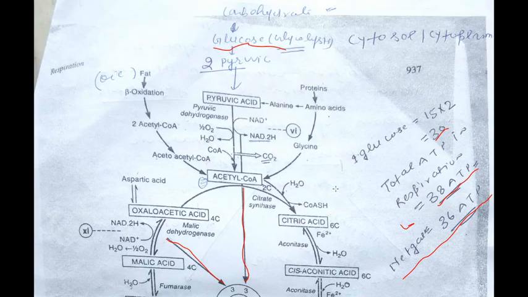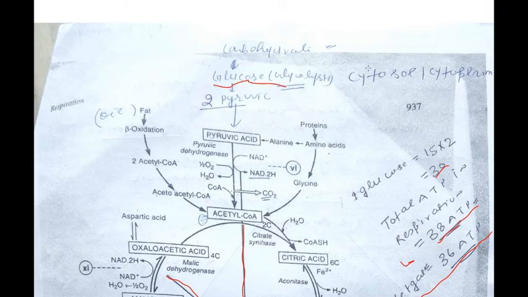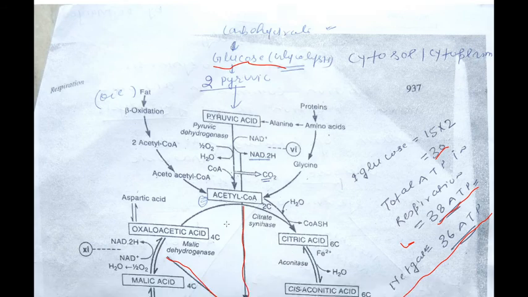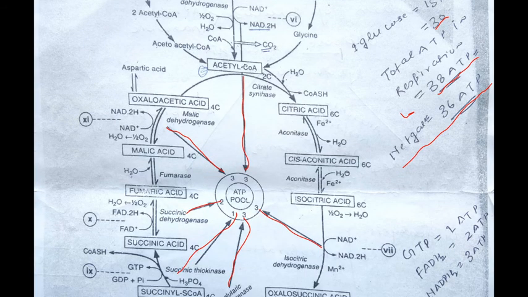So I hope all of you understand the Krebs cycle. We can take a quick revision of the Krebs cycle again. Carbohydrate or glucose molecules through glycolysis are converted into pyruvic acid, and one glucose molecule produces two pyruvic acid molecules, so the Krebs cycle runs two times. And whatever the energy source, fat is converted by beta oxidation into acetyl coenzyme A, and protein is also converted into acetyl coenzyme A. Now acetyl coenzyme A, a two carbon compound, combines with a four carbon compound, so it is converted into a six carbon compound, citric acid.